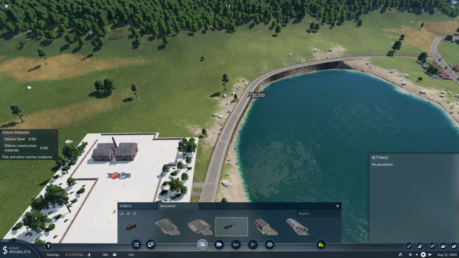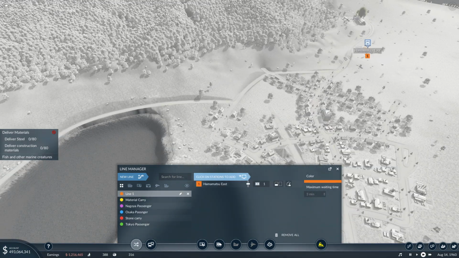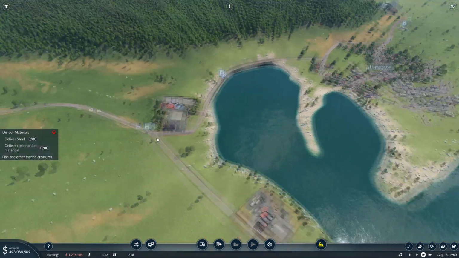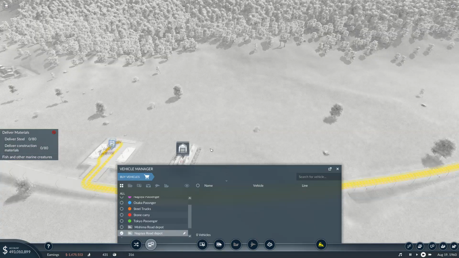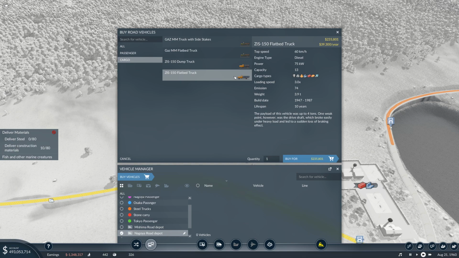I think we'll go about here and create a line from there to there, and we'll call you steel trucks like that. And of course we're going to have to carry cargo. I think we might need something a little bit bigger this time. You can't carry it, so